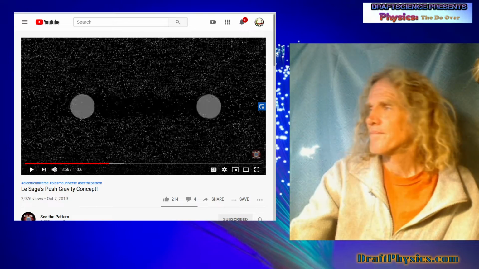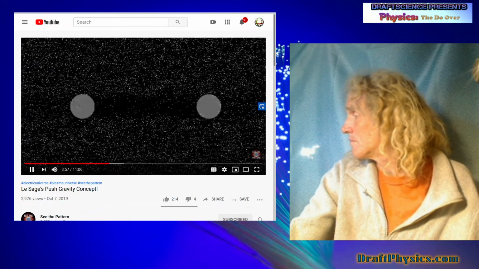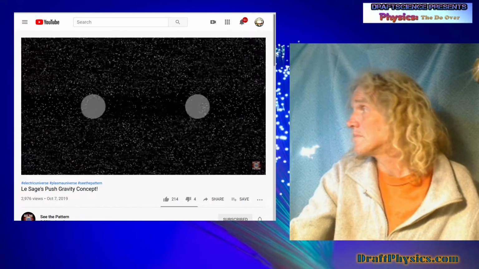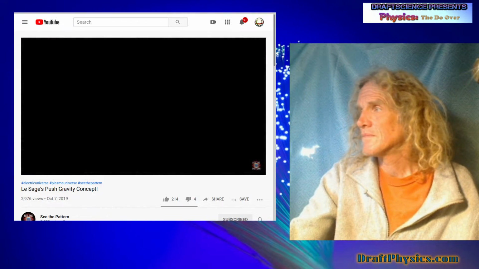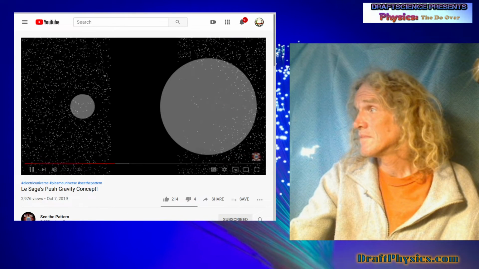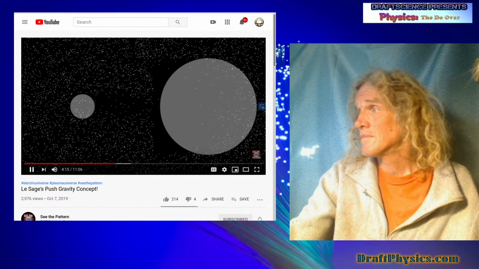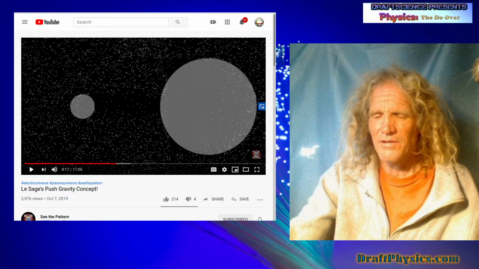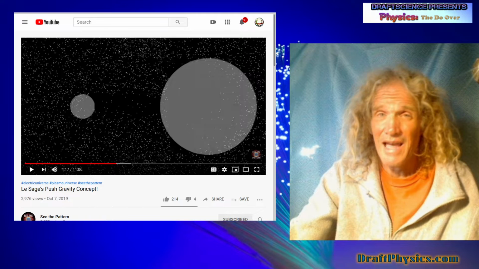Sisyphus pushes the body, it should become obvious that there is an inward force on both bodies causing them to move towards each other. So where in the standard view of gravity we see a pull force, here we see a pushing force from the sea of ultramundane particles. I don't even know if you see a pulling force in the standard model. I mean, it's so silly. It doesn't have a force.